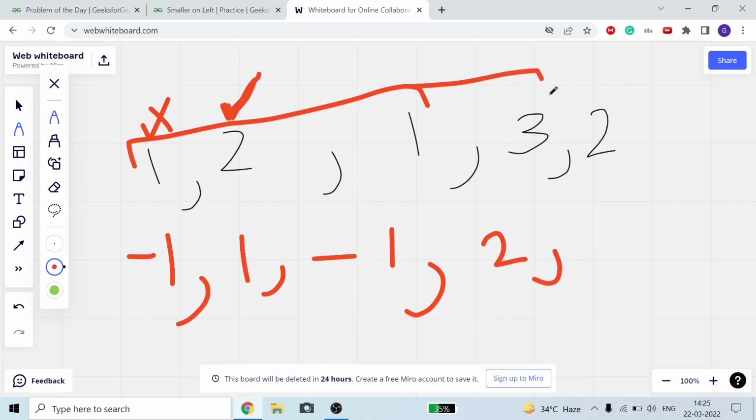Now we have this array for the value of this 2. For this 2, our one choice can be 1. 2 cannot be our choice. Our one choice can be 1. We have taken this already, so this is not our choice. 3 is not less than 2, so it cannot be our choice. So for 2 our answer should be 1. Okay, so this is the way we will do it.